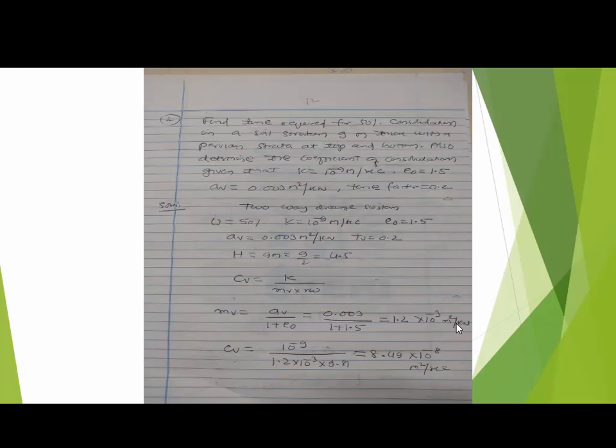1 plus 1.5. So this is your coefficient of volume change, that is MV. This is coefficient of volume change, that is MV. Once we know MV, then you calculate CV. CV is equal to K. K is 10 to the power minus 9 divided by MV. MV we got this one, and